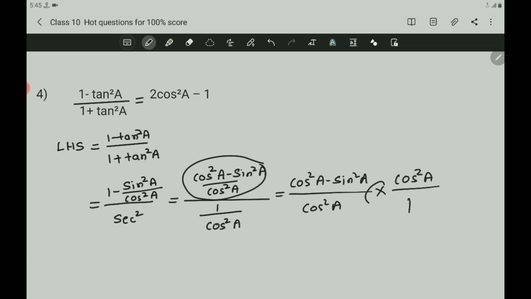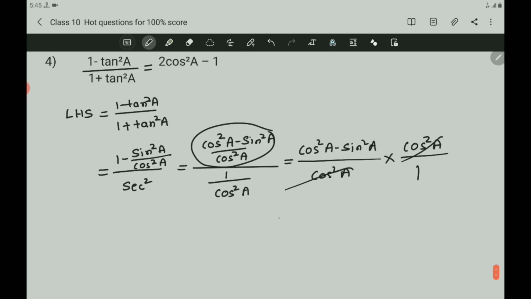You must write this in the interchanged form of the numerator and denominator. You know that these two cancel, and what you got here is